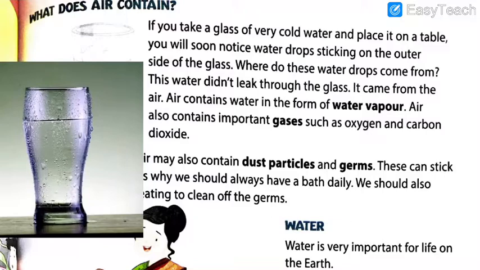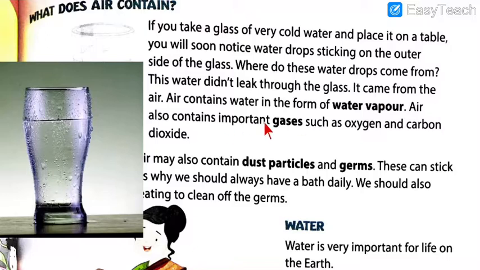You might have even observed in the winter season, the dew on your scooter or motorcycle or cycle seat makes it wet. That is because of dew. Was it raining in the winter season? No, it was dew. So this process happens. Air contains water in the form of water vapor. Yes, air contains water in the form of water vapor.